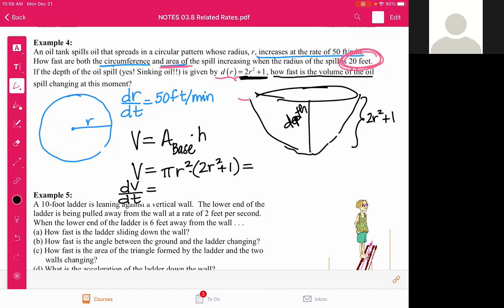Now, over here, conveniently, we are all in terms of the same variable. He was really nice in this example and gave us a height that was in terms of r. So we could make this a little bit easier to look at. If I do the distributive property here,